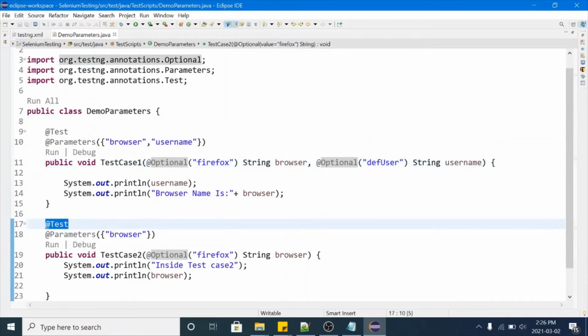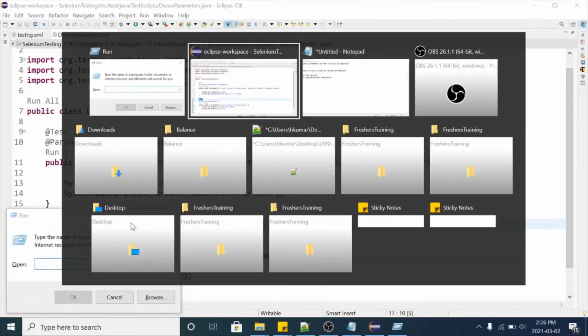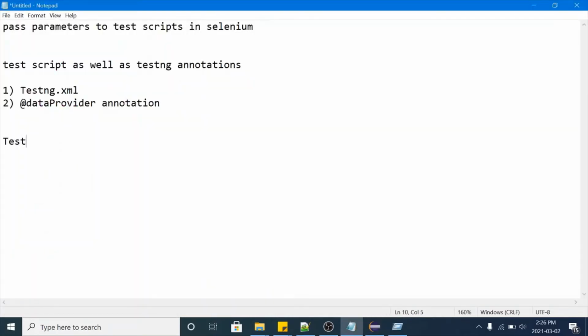Now I hope you know that in testng you have various annotations like before suite, before test, before class, before method.